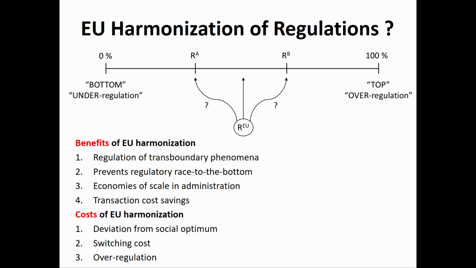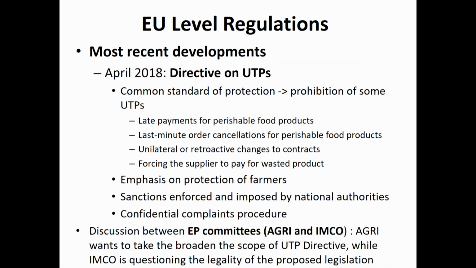And so the question is, well, every time in principle people would like harmonization because obviously it reduces transaction costs, etc. But of course the question is, are you harmonizing at the high level or are you harmonizing at the low level? Okay, and so at this point there is a big discussion in the EU. There are some regulations, and so the most recent thing is that there is a directive on UTPs, a European directive, which is introducing some regulations, which is kind of a medium level, if you want, of regulations compared to the different extremes. I can provide you with more details later.